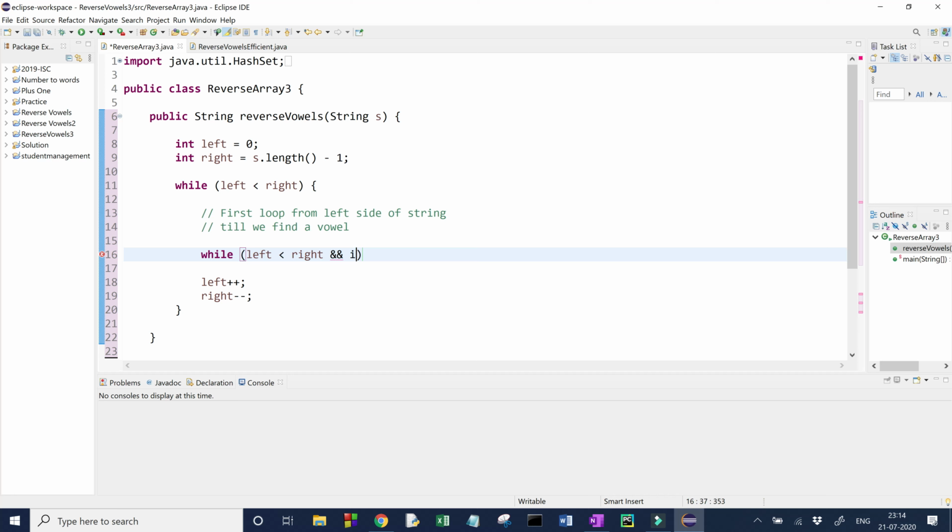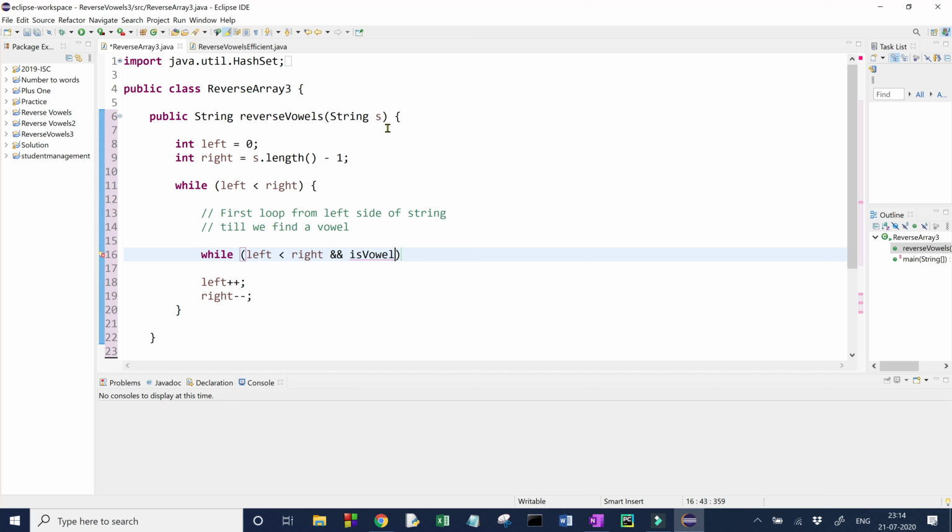So I will make a function which will give me one vowel check. Basically it will tell me whether the character currently being scanned is a vowel or not.